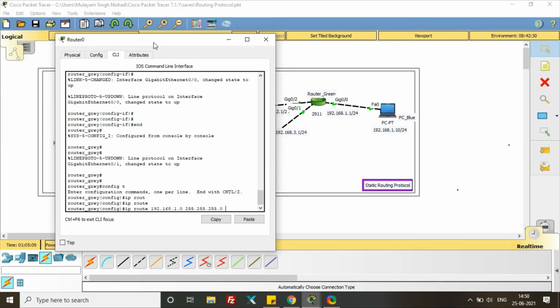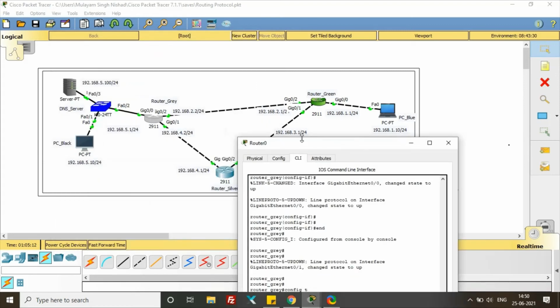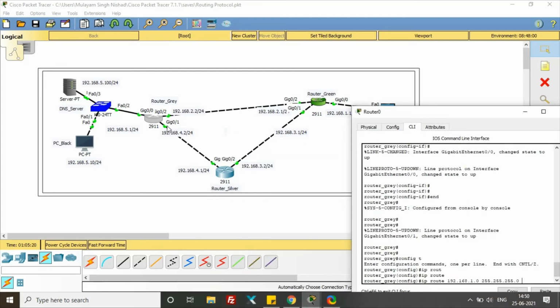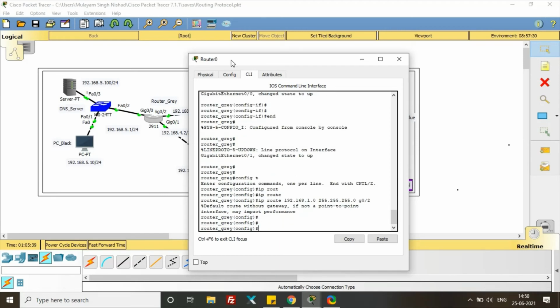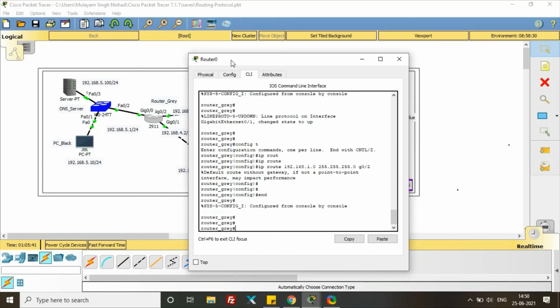For the forwarding port, you can give either gig 0/2 or gig 0/1, but the same concept applies here also. If you give 0/1, it will take two hops to reach this device, but we are going to configure only one hop, so only gig 0/2 is required. That's it. Let's see if you are able to ping or not.